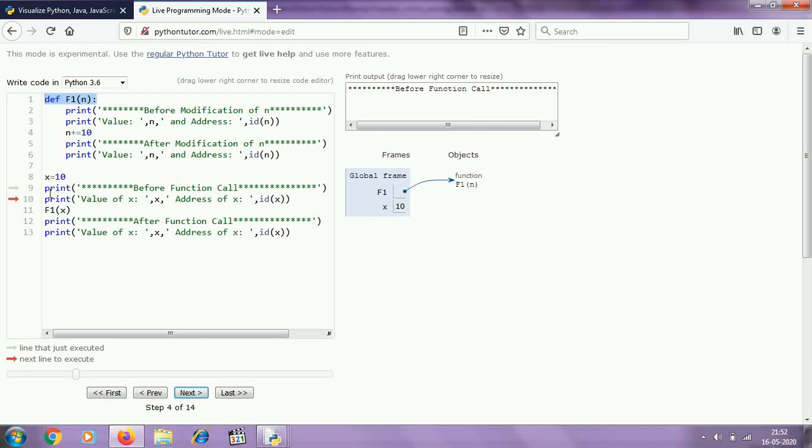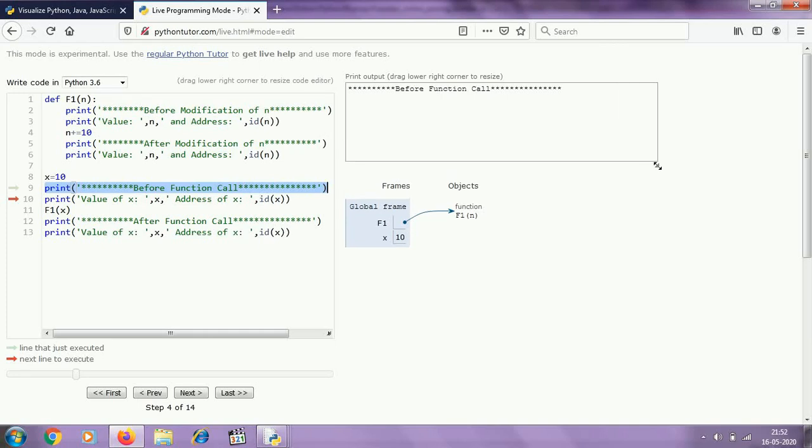Next this statement is executed before function call, and here is the output. Now this statement will be executed, print value of x, and value of x is 10, and using the id of x we are going to print the memory address of x. So this is the value of x and this is the memory address of x.